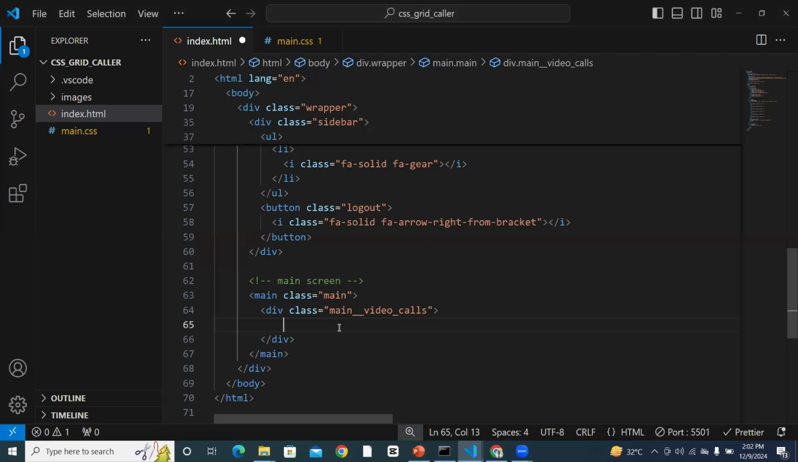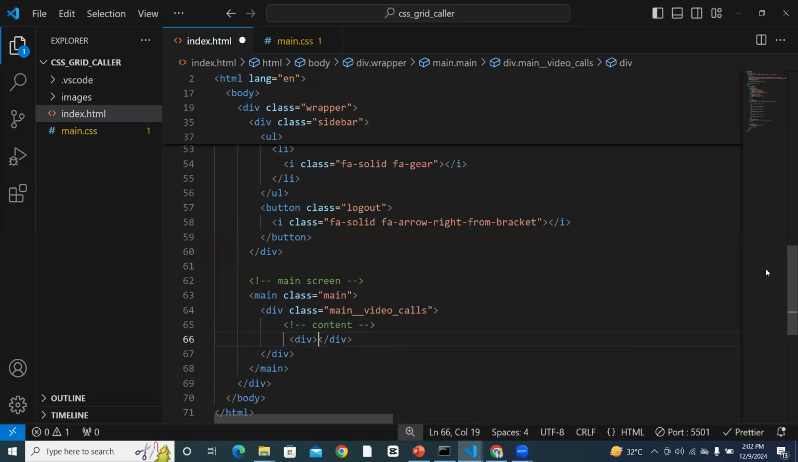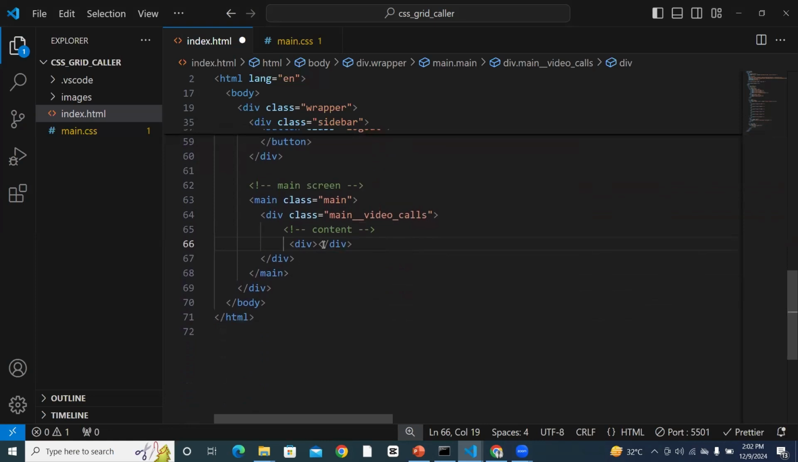All right, so this is like the container, right? So I'm now going to start dealing with the children items within that container. So let me just put content here. Here we are going to have a div, right? And then class of, let's just say main video call, right? Main underscore video. So if you are following me, make sure that if I'm using double underscore,